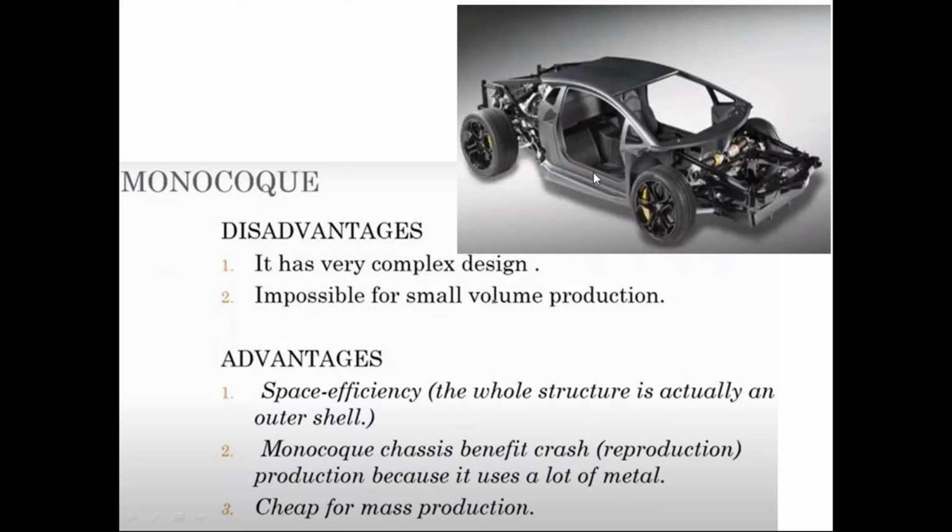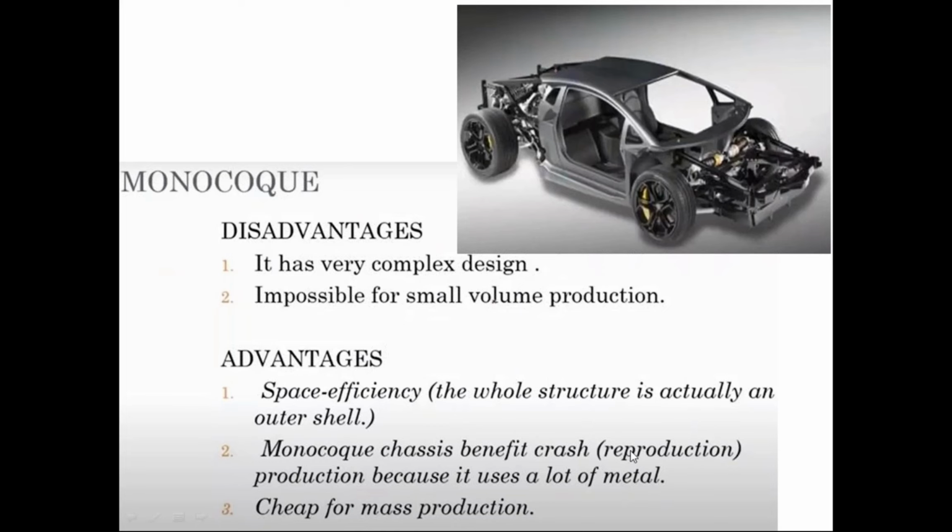Manufacturing, most probably, is robotic manufacturing. So complex design, and again, such types of models cannot be manufactured for small scale production. Most probably, mass production or maximum lot production is to be carried out for monocoque type of production. But obviously, it has maximum advantages, that is space efficiency,